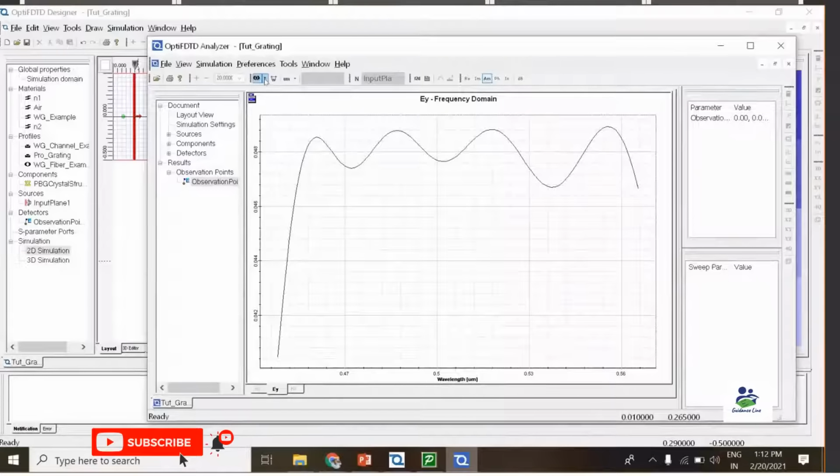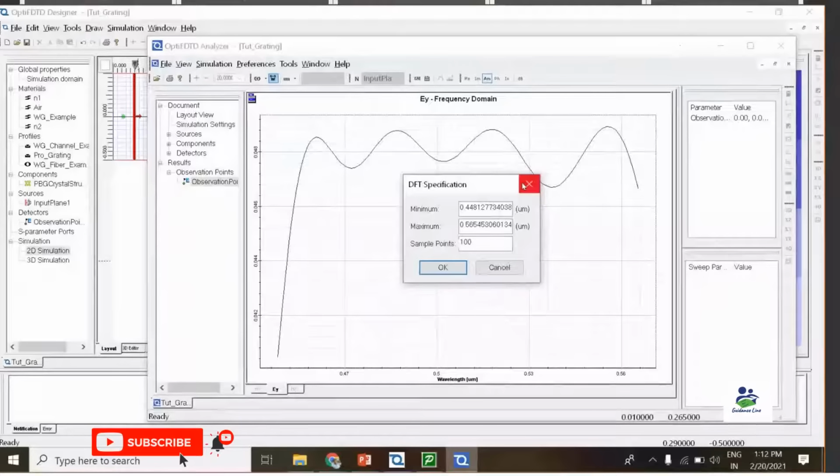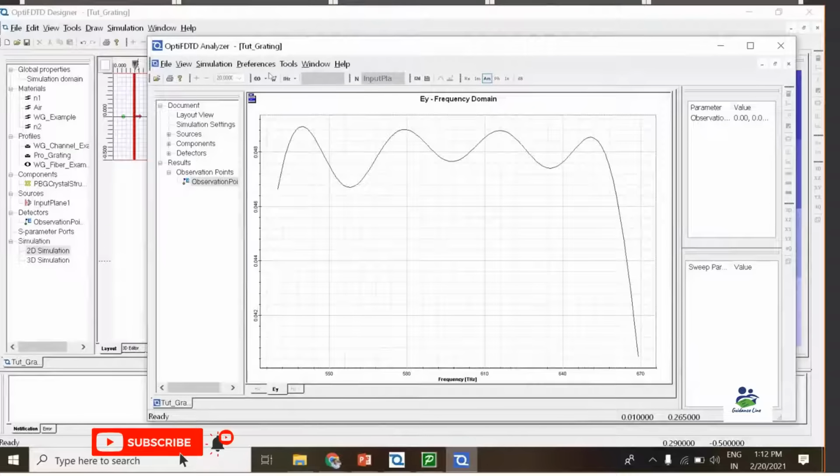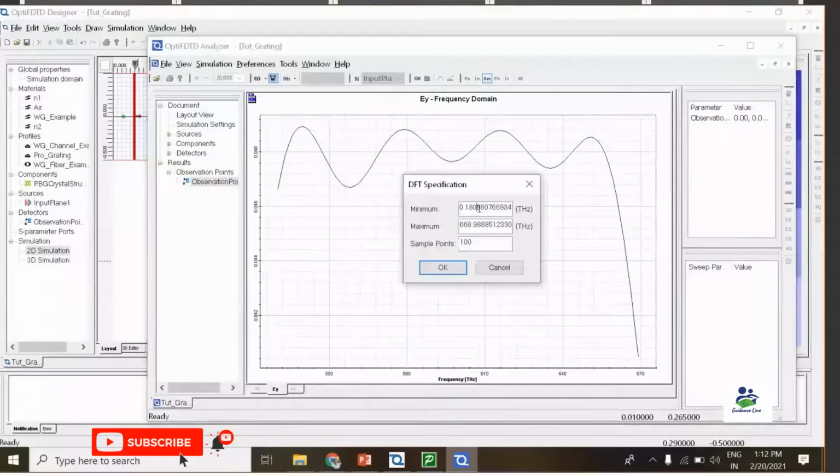First I change it to frequency, then click over here in terahertz, and then okay. I am making the change as 100, then 1000, and sample points as 100.